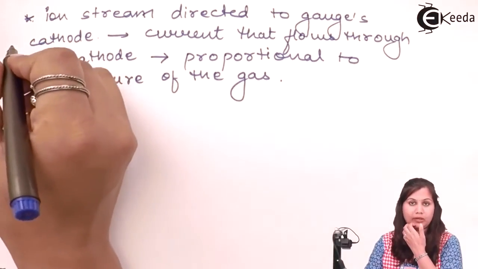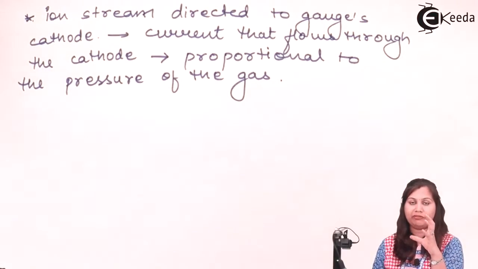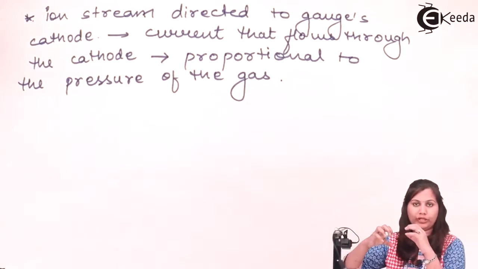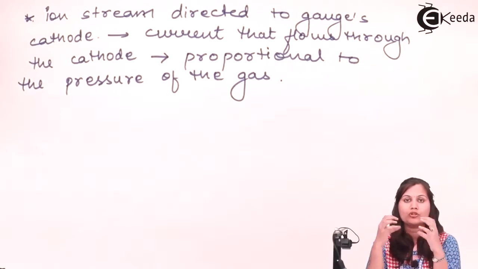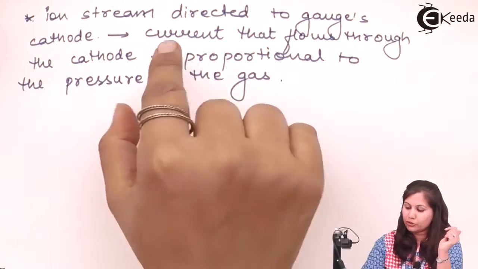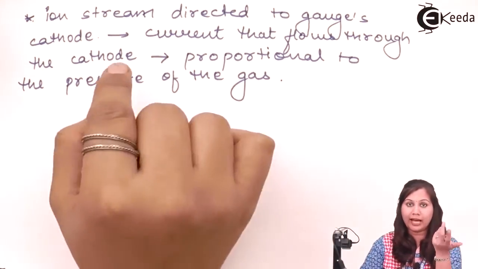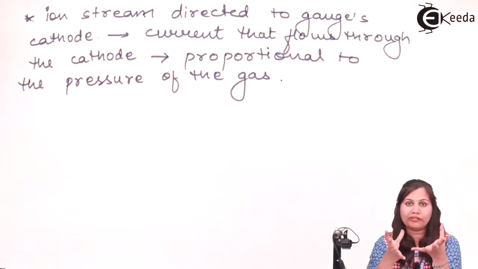Because more ions are being produced here, this ion stream, if it is directed towards a cathode, since the ions are positively charged and the cathode is negative, the positive ions will be attracted towards the cathode. Due to this ion stream, current will start flowing in the cathode. So the current that flows through this cathode is proportional to the pressure of the gas, because the more atoms or molecules present in that area, the more ions produced and the more current flowing